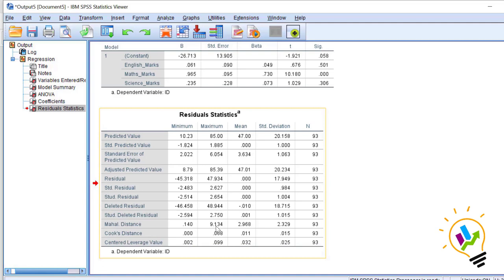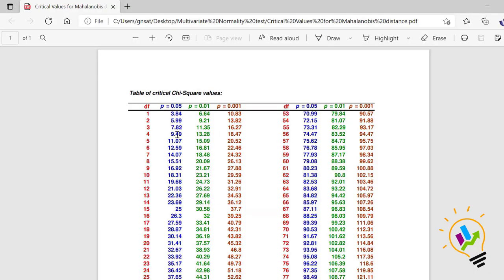It means there are some outliers in the data that need to be found. In our case, the Mahalanobis distance maximum value is 9.134 and the critical value is 7.82. So we don't have multivariate normality for the three variables.